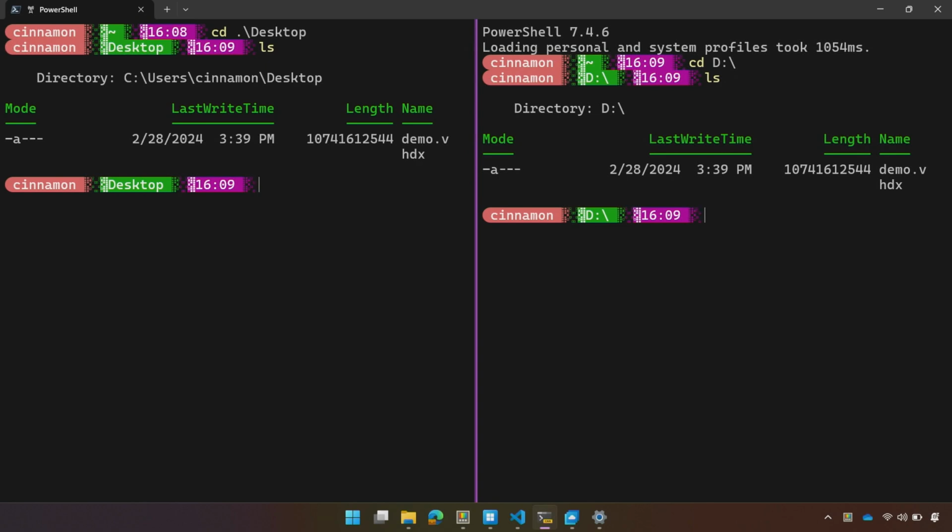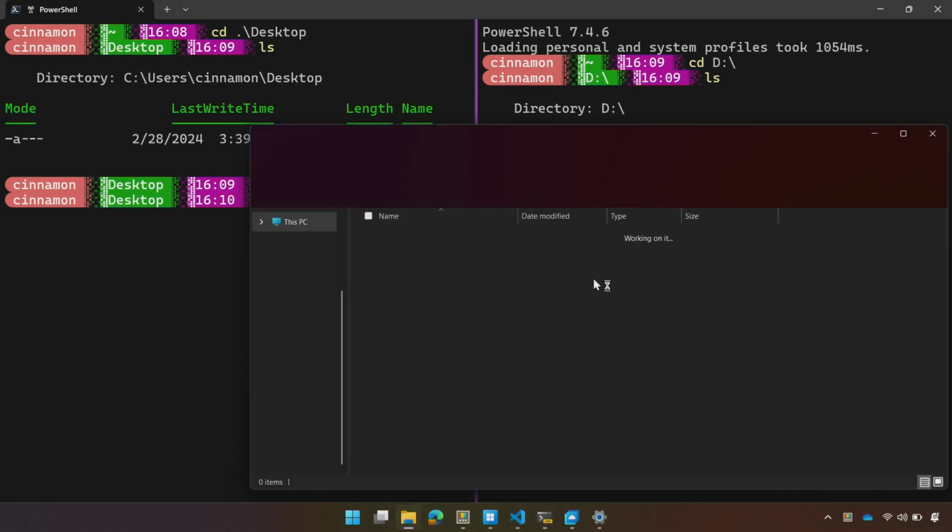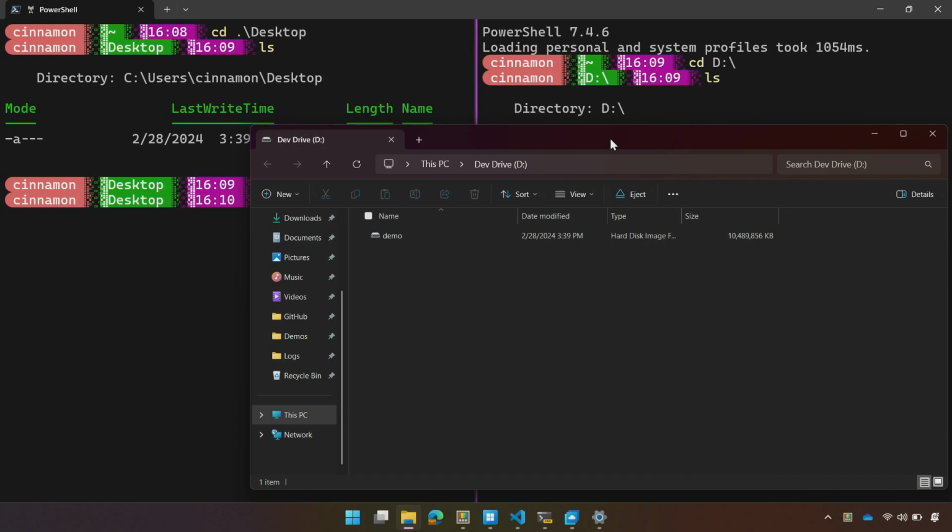Something that I want to show is the performance boost that we've added to DevDrive, and that's by adding block cloning support, which clones metadata when you do a copy rather than copying bit by bit, so it's a whole lot faster. Over on my desktop, I have a thing called demo.vhdx, and I will show this in Explorer. I'm going to type explorer dot to open the current directory, and this will open 2 File Explorer windows for me, 1 for each.